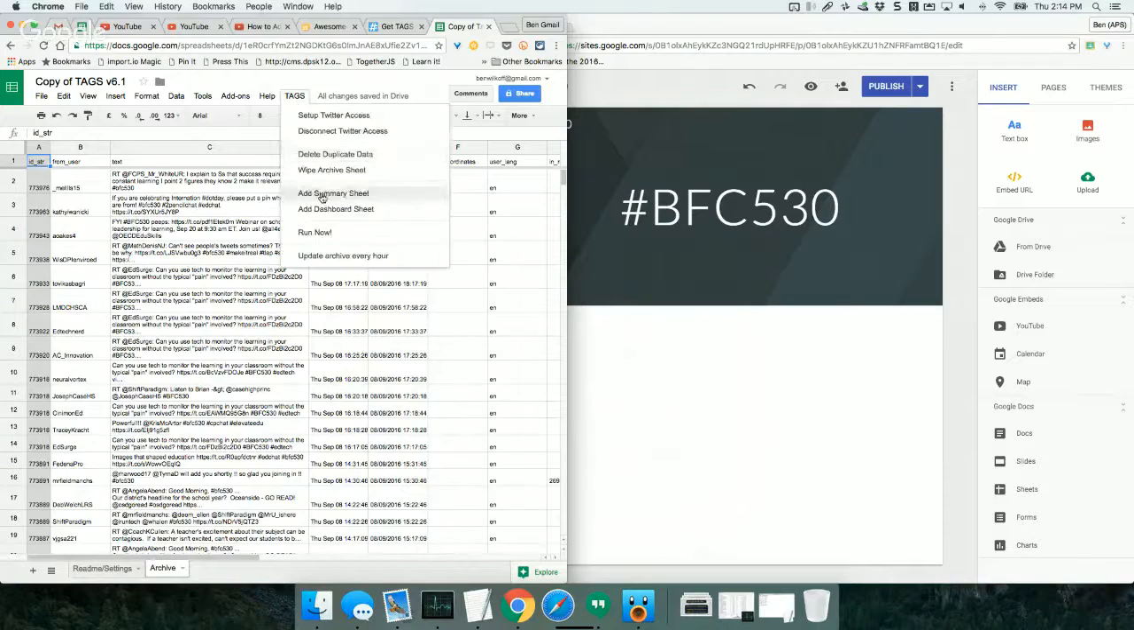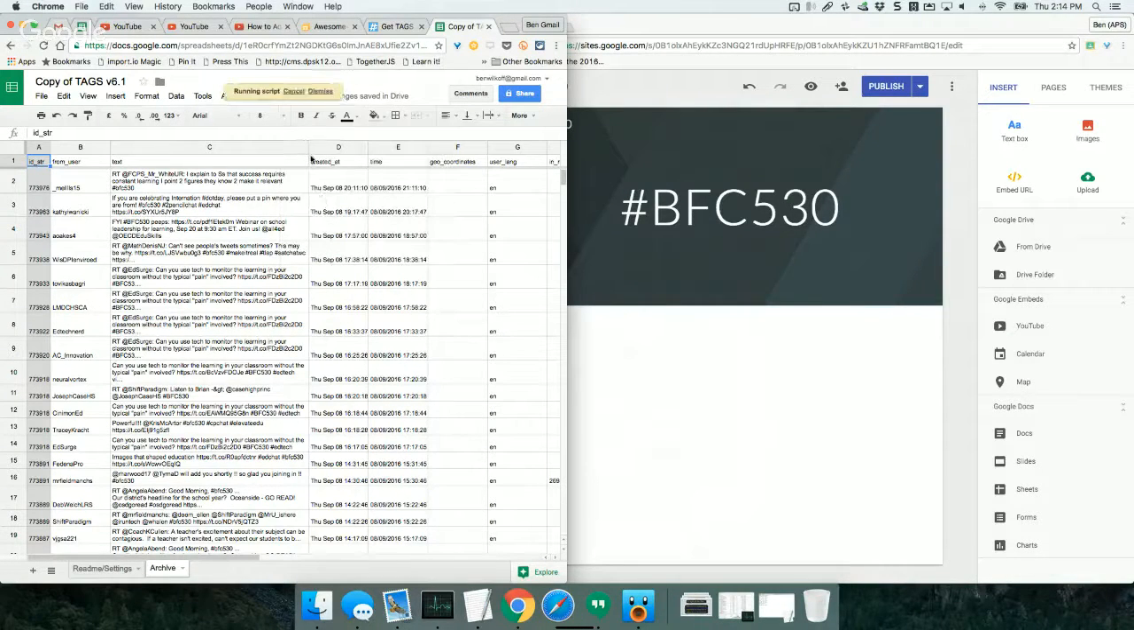One is I really like to see the summary sheet and the dashboard for tags, because then I can analyze it a little bit and I can actually embed those graphs that it creates inside of my Google site as well. So I'm going to add the summary sheet, and it'll actually just create a new sheet down at the bottom that gives me a summary of who's tweeting the most and those kinds of things within